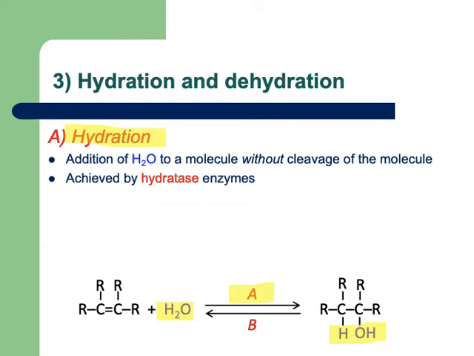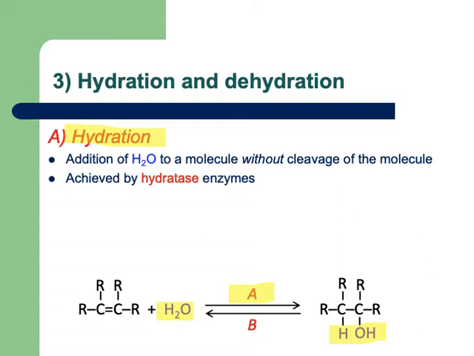And this is achieved, of course, we need an enzyme for this to expedite the process. Otherwise, it would take way too long and we would die before the reaction would happen. So this is achieved by a hydratase enzyme. So we have our molecule denoted on the left, so we're looking at the left side of this reaction right now. We have a carbon-carbon double bond, and we have 4 R groups. This is our molecule. We are now adding water to that molecule, and we're moving this reaction to the right